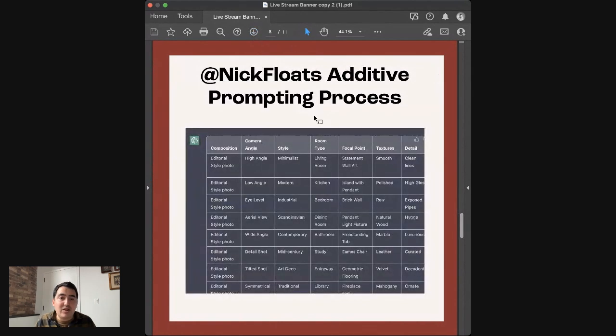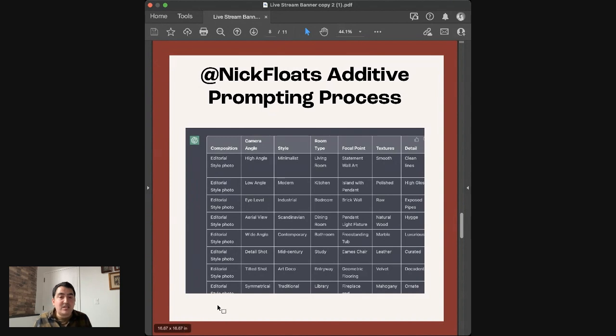Might be a little bit hard to follow along, but this is an image of what you get back. So in the first column, ChatGPT is giving him as the composition locked, editorial style photograph. That's what he asked for at the beginning. He's looking for an editorial style photograph. For you, again, it might be a sport cover. It might be a YouTube thumbnail. It might be a simple product Instagram post.